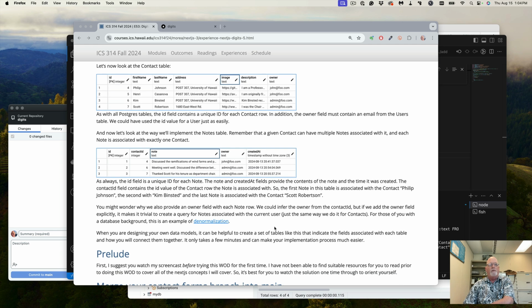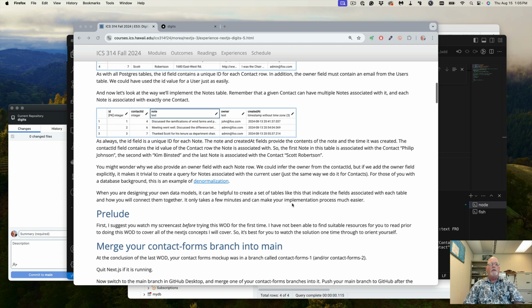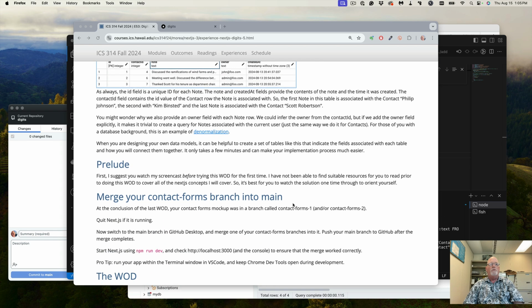This is a form of denormalization. Some people say that in databases this should be fully normalized, but we are not making it fully normalized to make our queries simpler. So if you want to say what are all the notes for John, you can query and get all the notes for John, and that's what we're going to be doing as we go in for adding notes to our